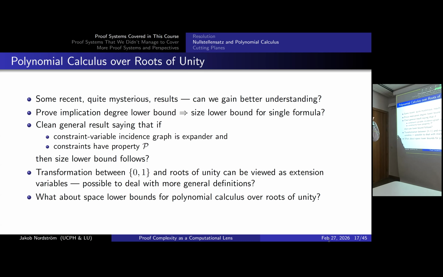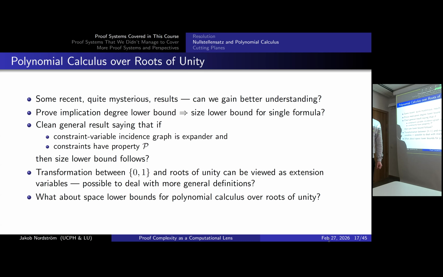Suppose I have an input. It has typically constant degree. You look at the constraint variable incidence graph, and you see that it's an expander. And then the constraints have to be somewhat nice. For instance, they're clauses, or they have to be immune, or otherwise we have these respectful edges for polynomial calculus. So some property P. So basically we said that look at the constraint variable incidence graph. If it is an expander and if the constraints have property P, then we're good to go. Okay. It would be nice, I think, to have that type of result for